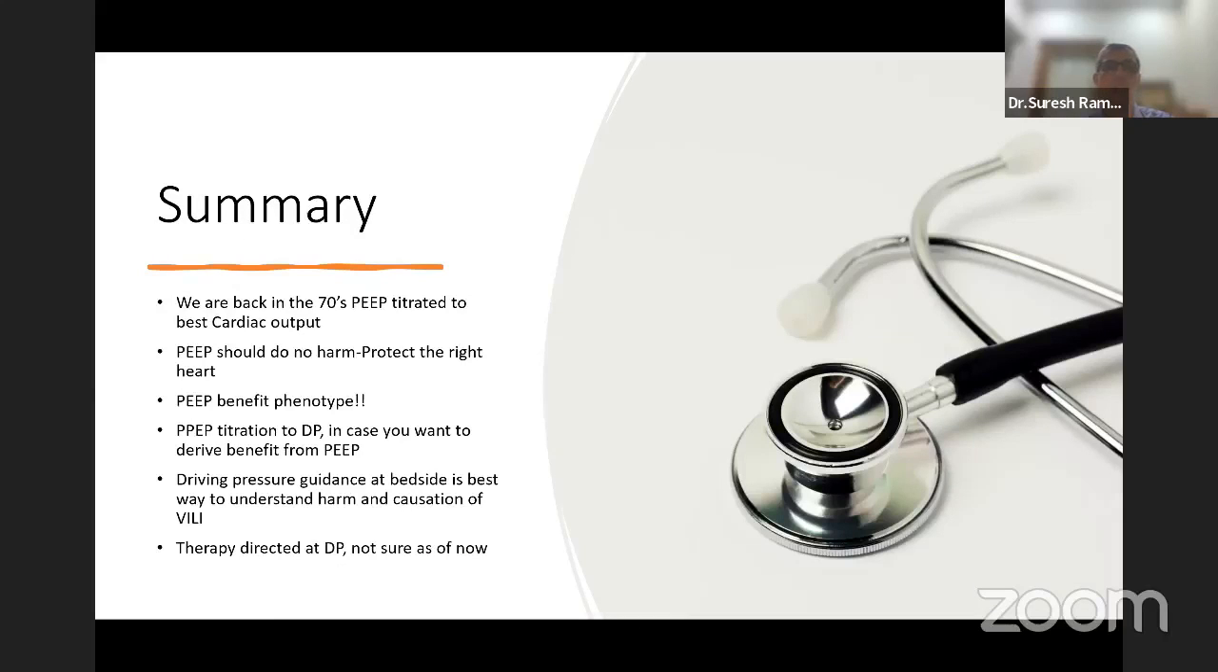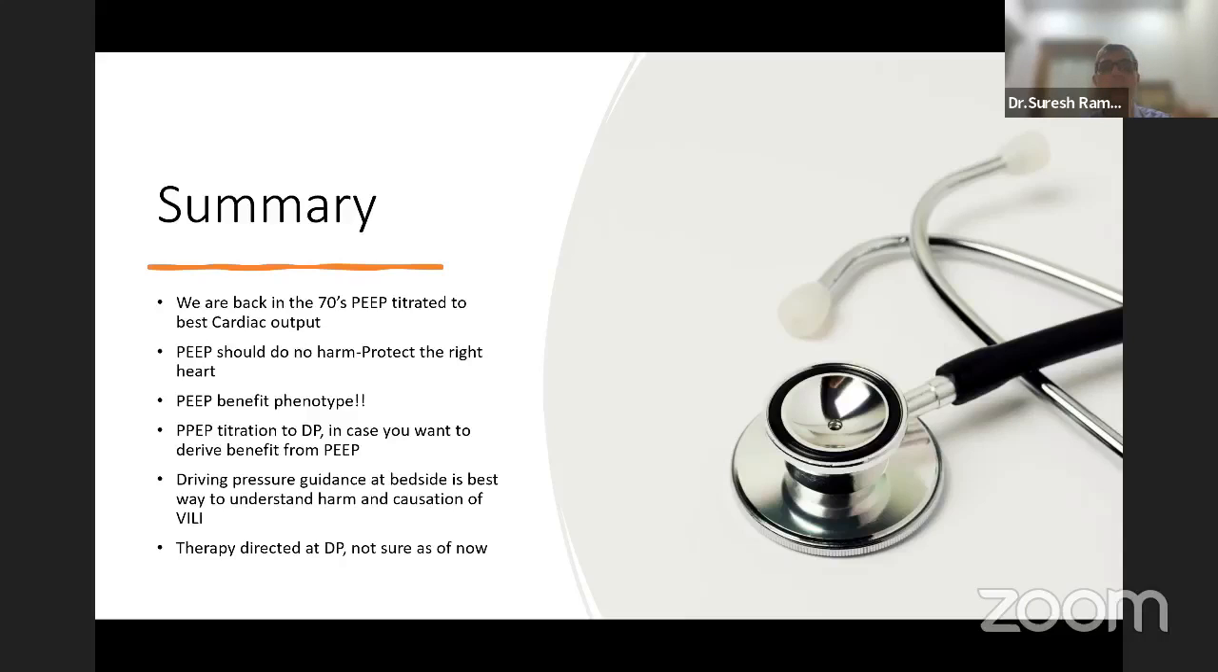So I'm going to summarize quickly, saying that we are back in the 70s. PEEP is titrated to the best cardiac output nowadays. PEEP should do no harm and protect the right heart. In the PEEP benefit phenotype, there is an increase in PF ratio by 25. PEEP titration to driving pressure is for when you want to derive benefit from PEEP after you have ruled out the harm